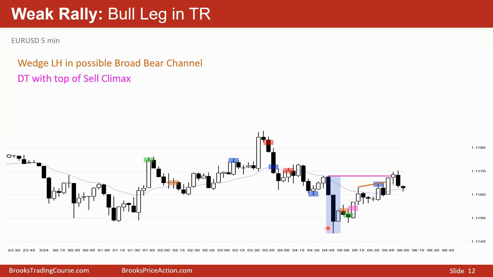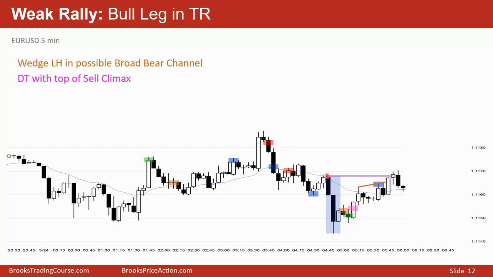For the bears, they have a bear trend and a pullback to around this high. They see this as a double top bear flag. Bear trend, a pullback to a prior high here. Some computers will say the double top is this high and that high. A double top at the top of a sell climax, usually you get some sellers here. You get bears selling with a limit order at that high, betting that the bulls will take profits,